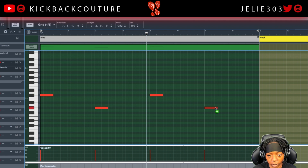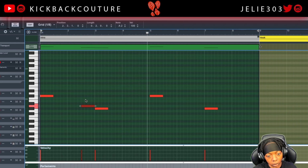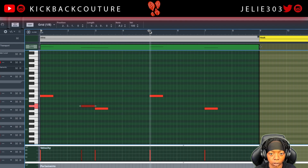Alright, so that's the basis. And then we want rolls. I want rolls in these areas right here, these 4 areas. And I want this note to play right here. Alright, cool. So let's focus on this first area right here,